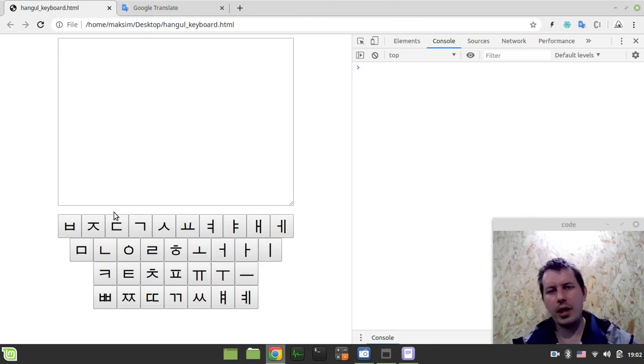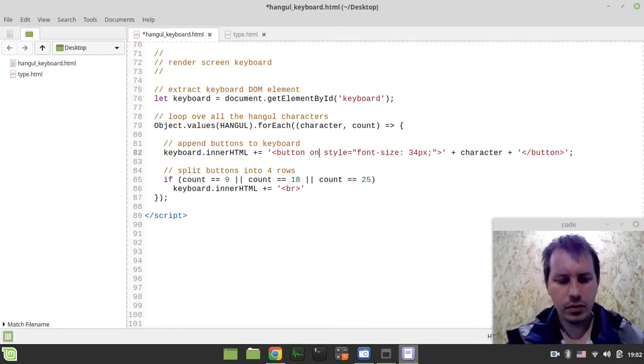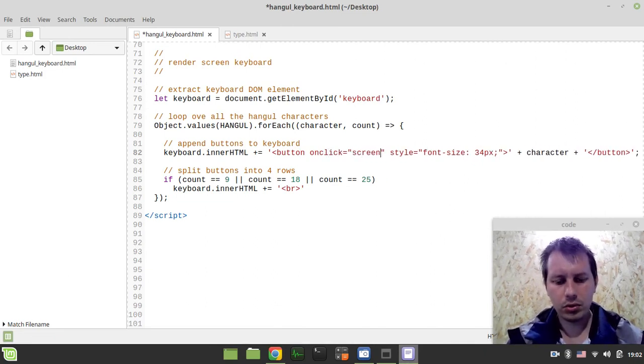Again, the layout is just a kind of placeholder here, so the functionality is the key thing. Okay, so now we have the buttons, but they are dead at the moment. So we need to assign an onclick event for them. So onclick, and let's create a function screen